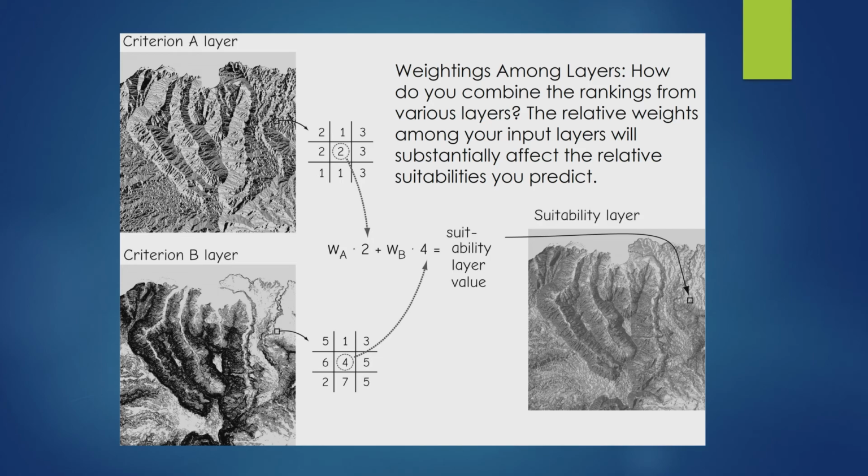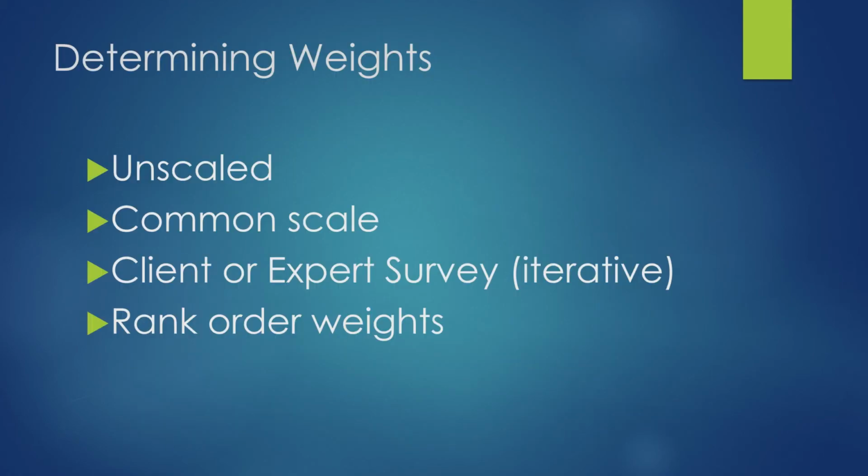Combine the different layers by determining their weights. So I've noticed this a lot in my research, that there are different ways for determining the weights to combine various layers. One is oftentimes just start off unscaled. So once you have all of your suitability analysis, you can combine them by just either adding them up all together or just doing a simple overlay, depending on whether it's raster or vector data. You'll come up with an answer. It may not be the answer that you want, and so